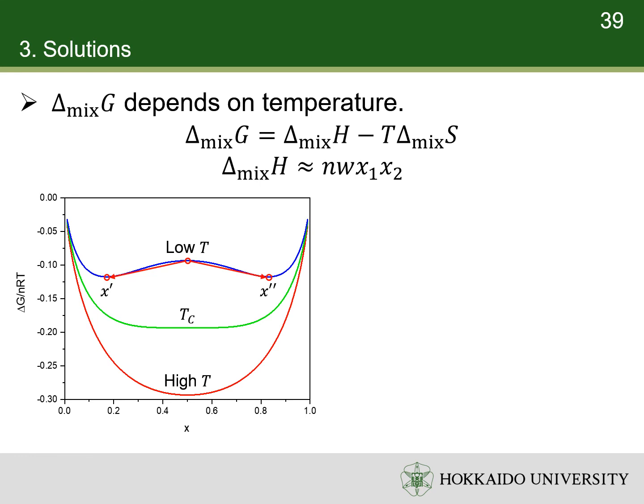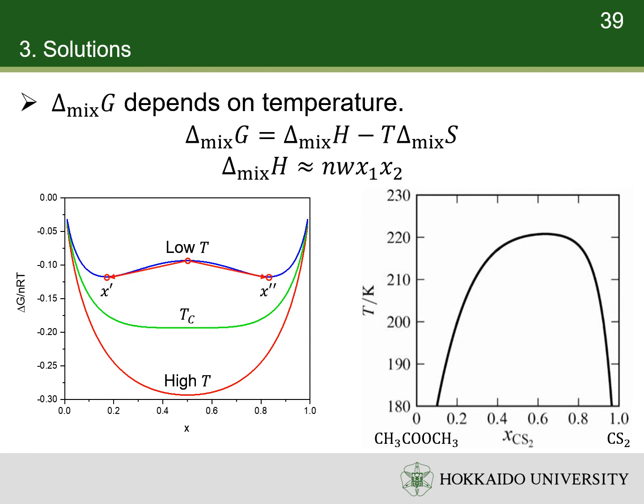The highest temperature at which phase separation occurs is the critical temperature. Here, I show you a temperature-composition phase diagram of the methyl acetate and carbon disulfide system. Both are categorized as non-polar substances, but methyl acetate has a small dipole moment. Above the critical temperature, only one liquid phase exists. Below the critical temperature, only one phase exists when x is below x prime or greater than x double prime. Between x prime and x double prime, two phases coexist. The two-phased range shrinks with temperature. Pay attention, the enthalpy and entropy of mixing are sometimes heavily temperature dependent. In that case, the phase diagram can be much more complicated.